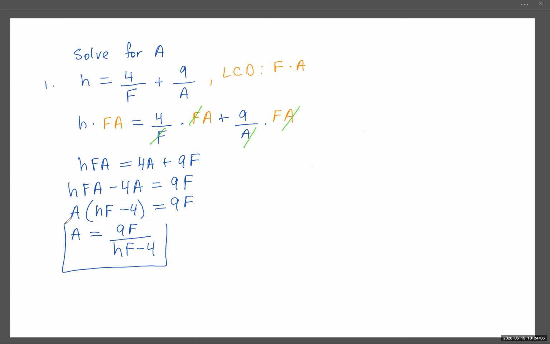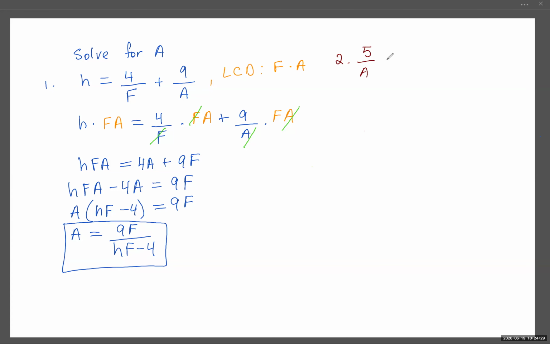This is as far as you can go with simplification. You cannot remove the f on top and the f on the bottom. That's not legal here because this is a minus sign and not multiplication. So this is as far as you can go. Let's try it with a different example. Still solving for A, and we'll do